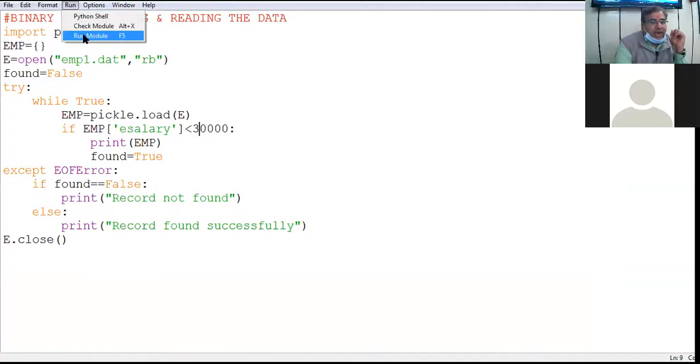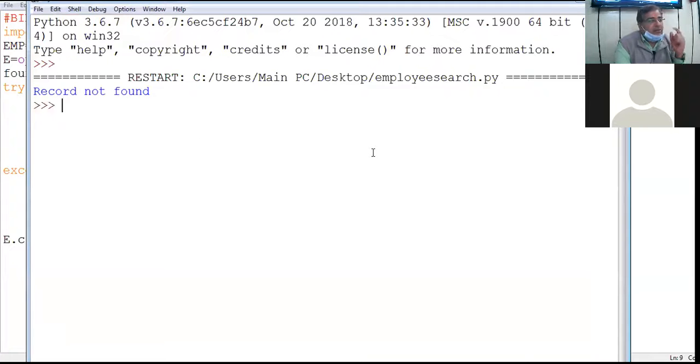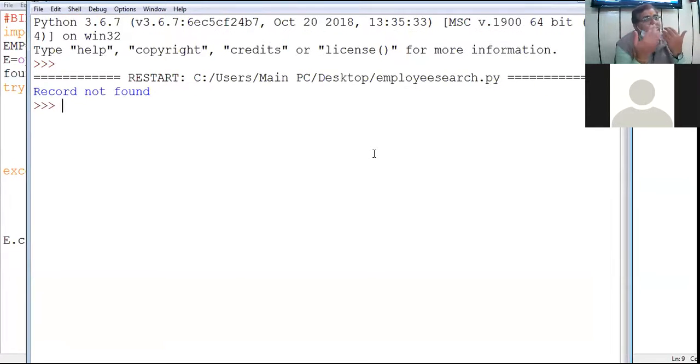So what will we do in that case? Record not found. Exception आ गई ना? Exception arise हो गई. कोई ऐसा रिकॉर्ड था ही नहीं जो उस कंडीशन को सेटिस्फाई करे. So according to my logic, exception arises, which is handled by the except block. Try and except, they are keywords also. Pass is also a keyword.